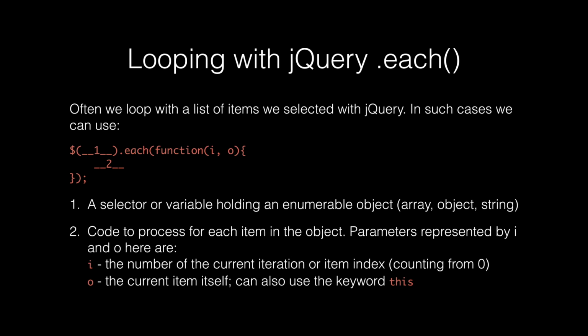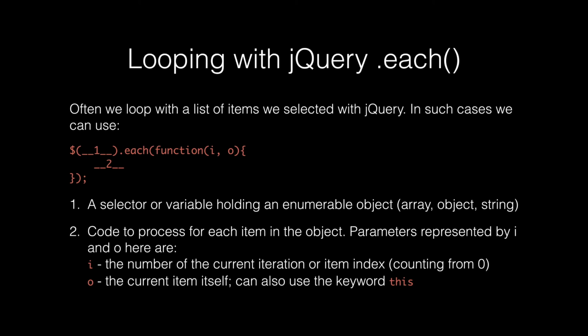That means that we could pass in here any array, any object, or even a string. If we pass a string in, then it's going to treat it like a CSS selector. So we could say select all of the LIs in our document, and for each LI we're going to repeat some code. Maybe we're going to add a button onto that LI or something like that. So we've actually done this already. You might recognize this from some previous exercises, but now we're actually officially talking about what it is and